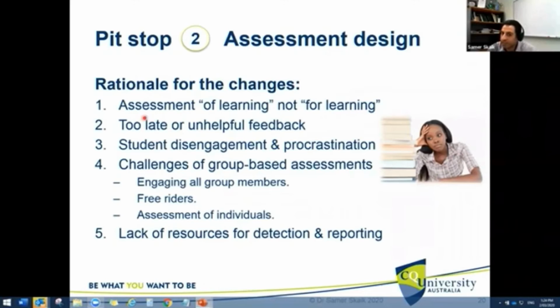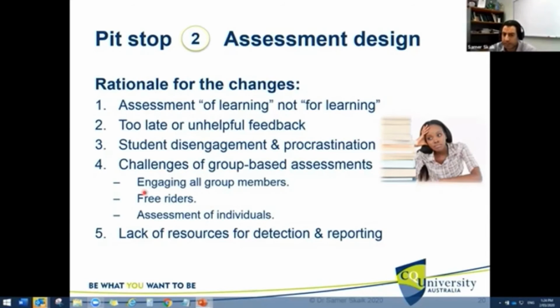So if there is an assessment design that can actually foster the learning of students, so the assessment itself is an assessment as well as a way for students to learn more. So that was the main rationale. And the feedback that they receive in week 13 or 14 is not helpful for them to keep learning and improve their academic skills. The feedback that they get was a bit superficial. It was not into the work that they have done themselves that could actually help them improve their work in future assignments or future